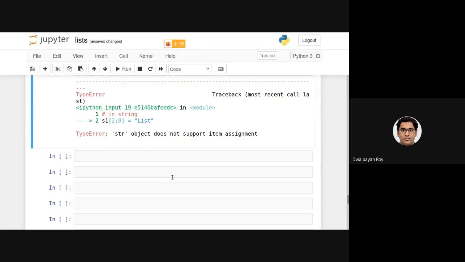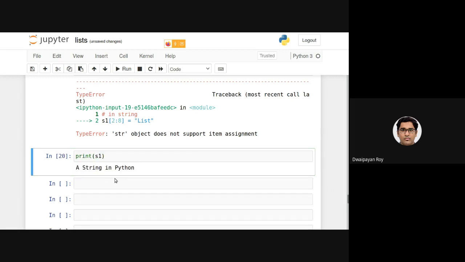Let's break it up. So at present, S1 is containing a string in Python.